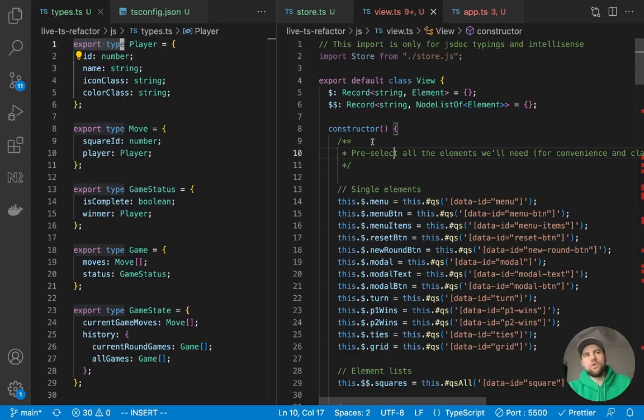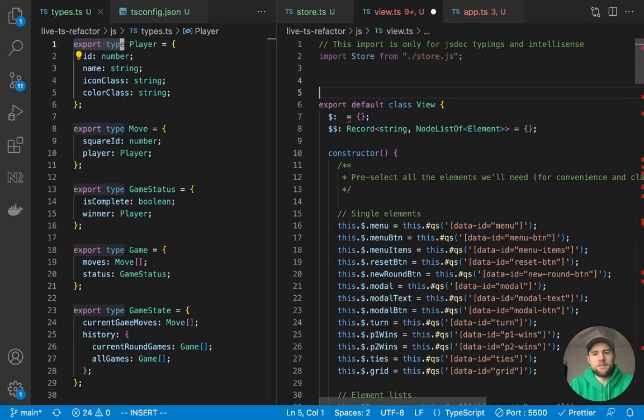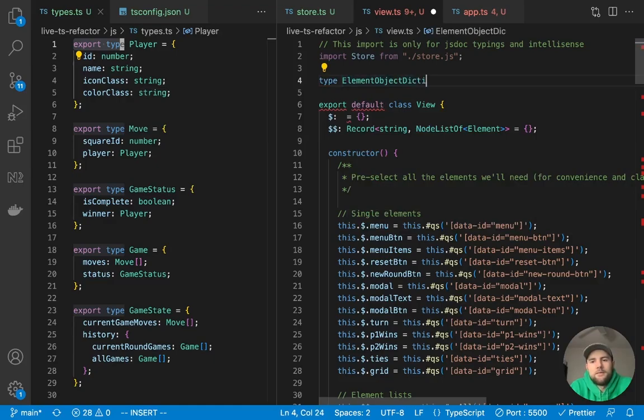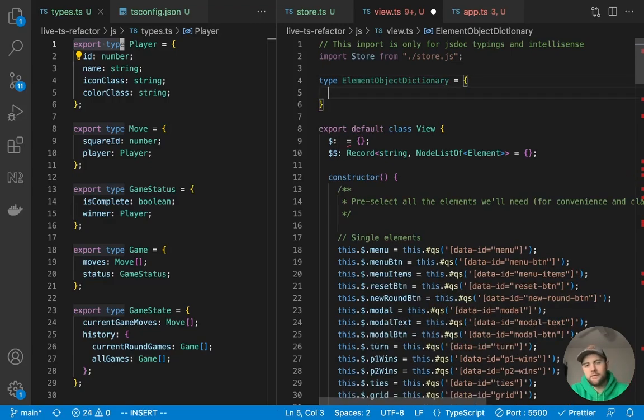I just want to show you another way that you could have done this. If you wanted to not use a utility type, what you could do is define a custom type. So let's say element object dictionary. That's just our type name that we're giving it.